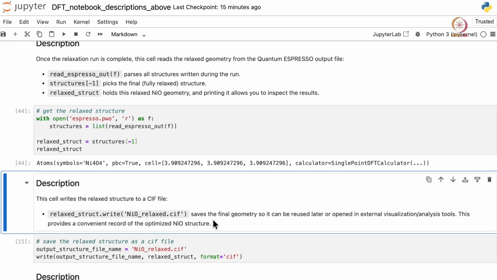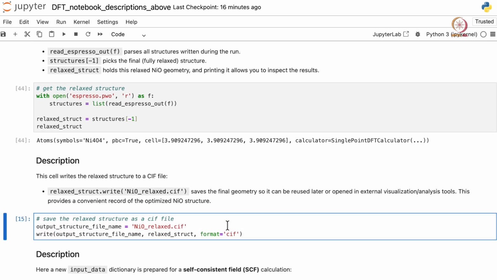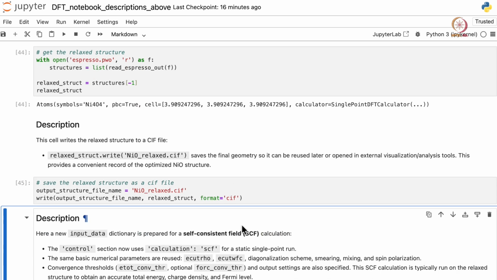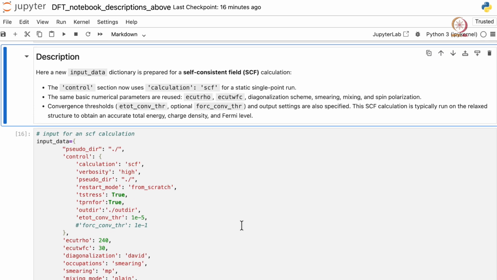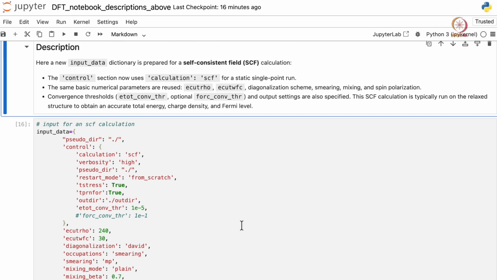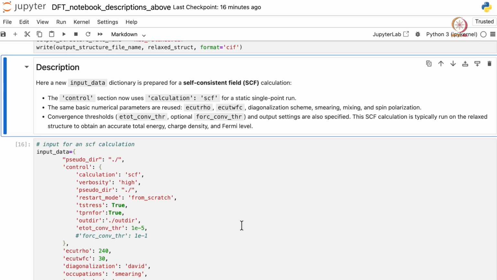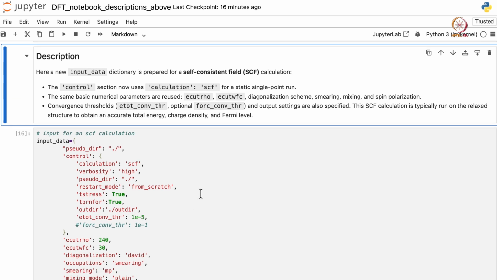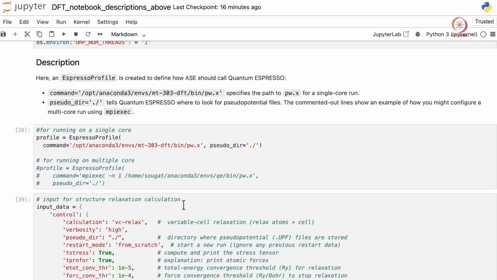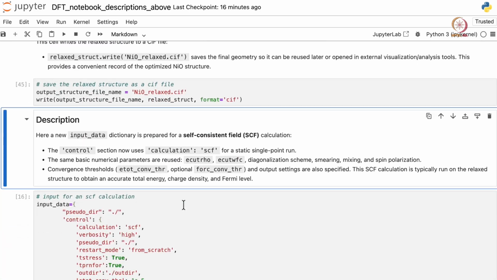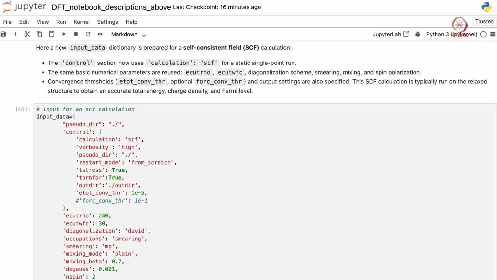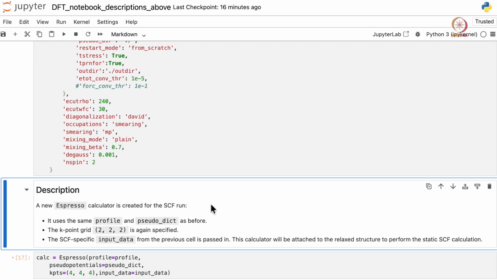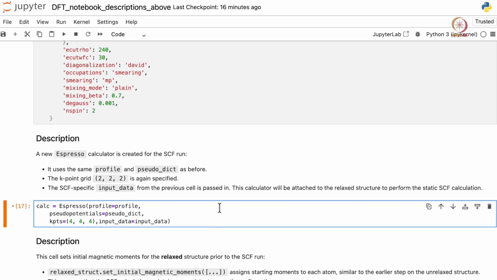Now that the relaxation is done, we'll perform the SCF calculation. For the SCF calculation, we need the input data again, as we had earlier. Let's execute this cell also. In the same manner as we did earlier, we will have a new Espresso calculator here, and the only difference is we have new k points.